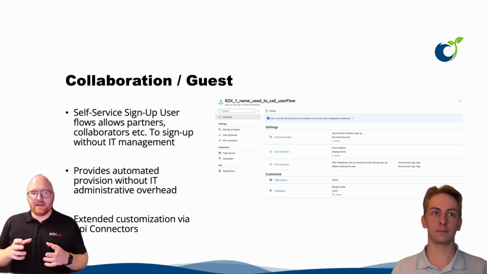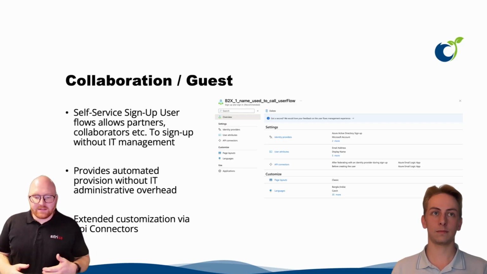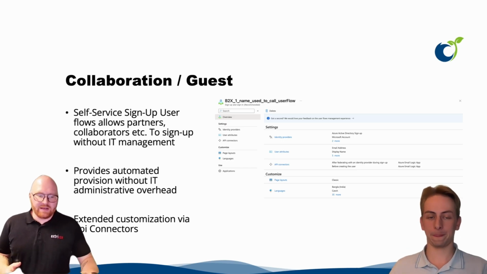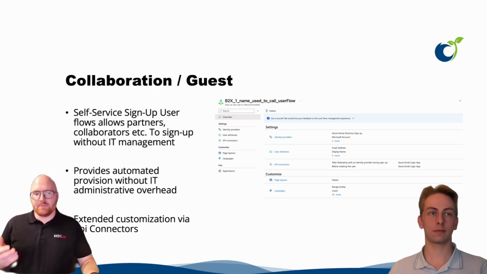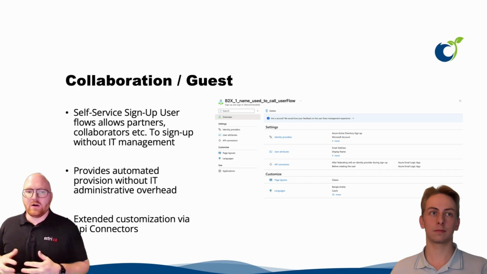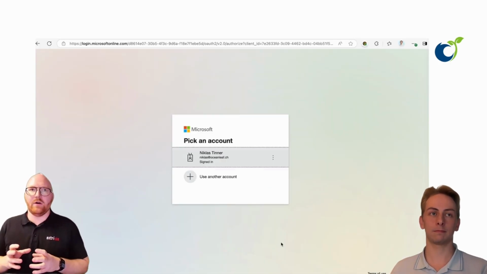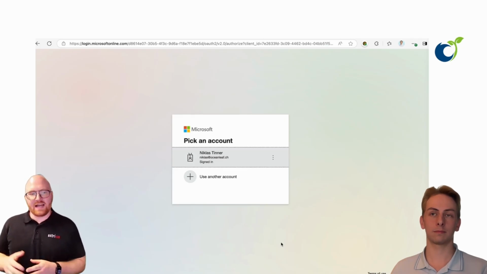These can then be extended via API connectors, which can be used to automate a lot of different things. For example, utilizing Azure Logic Apps, which we can then use to run all different kinds of automations. This helps our administrators by decreasing the tasks that they have to go through for managing